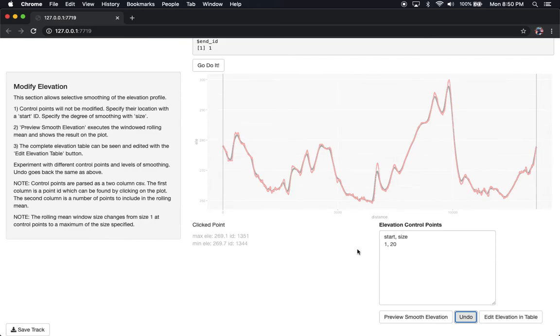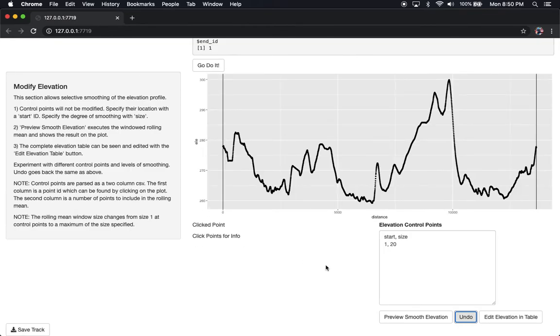I'm realizing the time it takes here is to redraw, and this is probably something I'm going to work on improving in my next round of development, but apologies for the slightly laggy drawing. Okay, so we could say